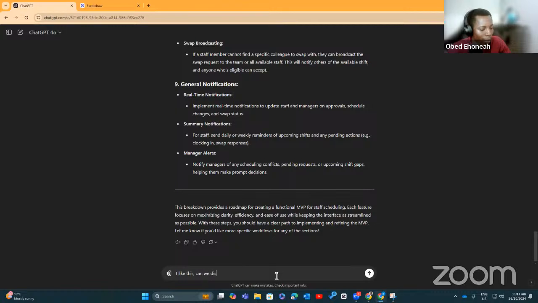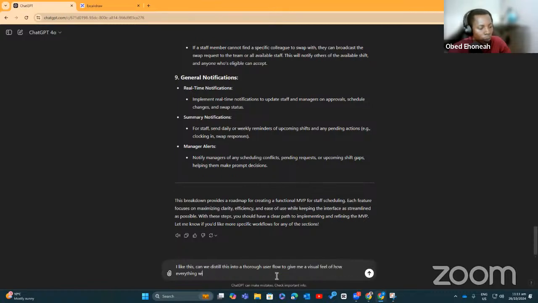Can we distill this into a thorough user flow to give me a visual feel of how everything will work together? So ideally, we could ask it to now give us the user stories, okay?